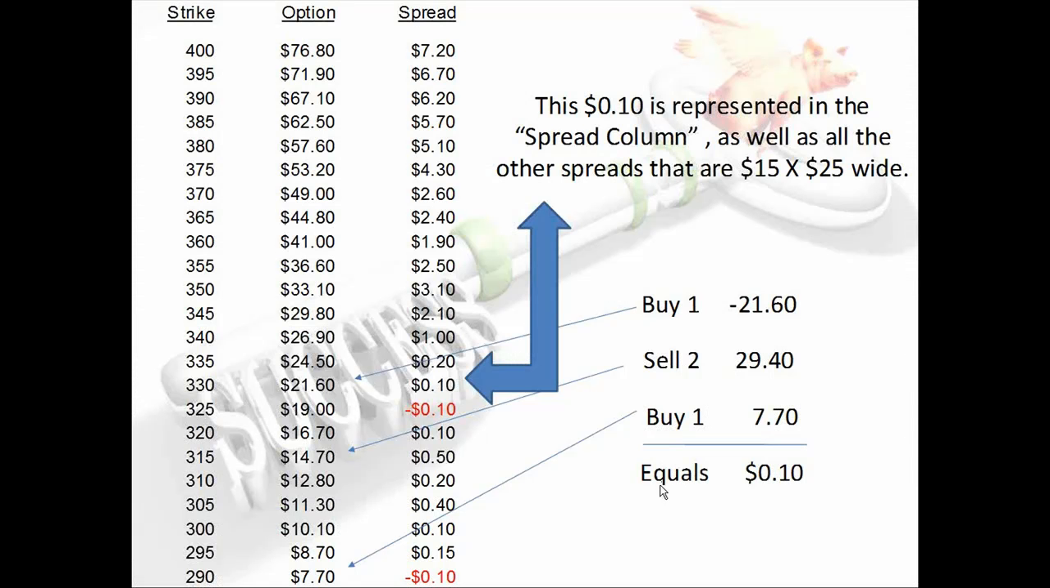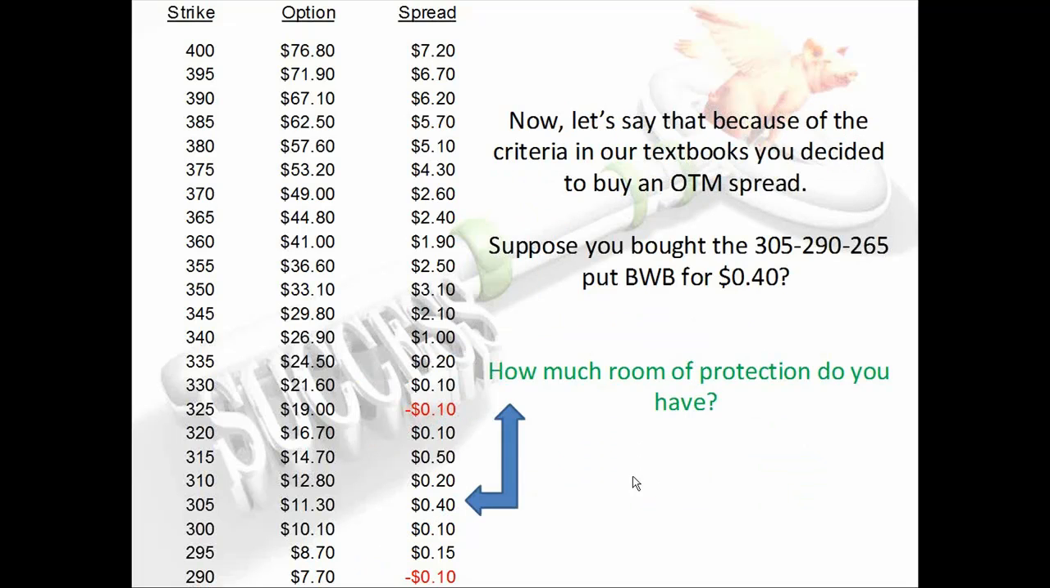But now let's say that because of the criteria in the textbooks, you decided to buy a different spread. Let's take a look at buying a different spread. Instead of the one we were just looking at, let's say we're going to go out and buy the 305,